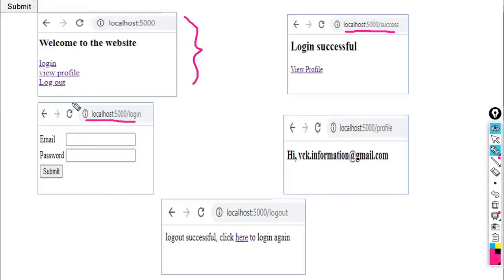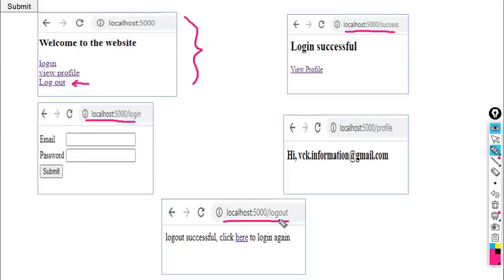Then logout. When you want to log out, you should click on this one. It will again render the HTML script, and it will provide you the link, the URL / logout.